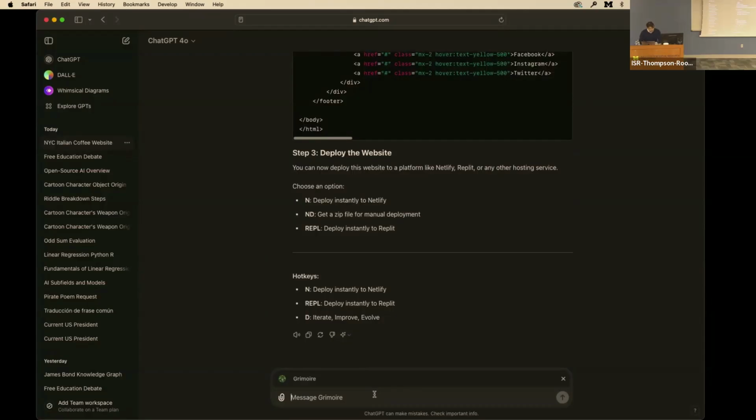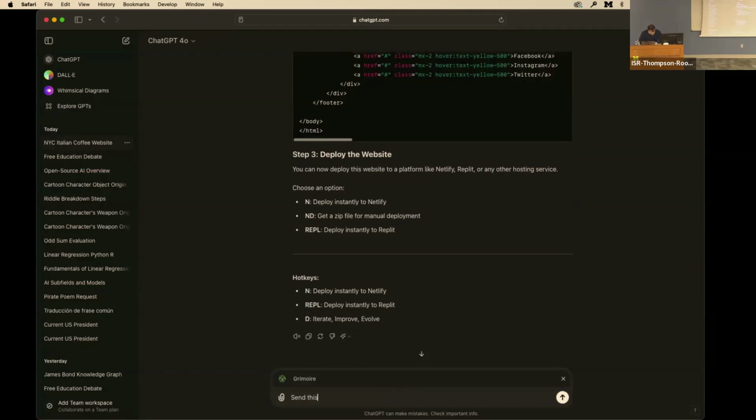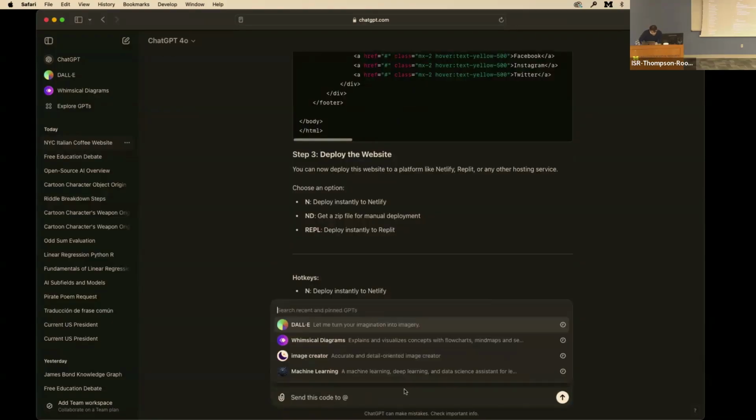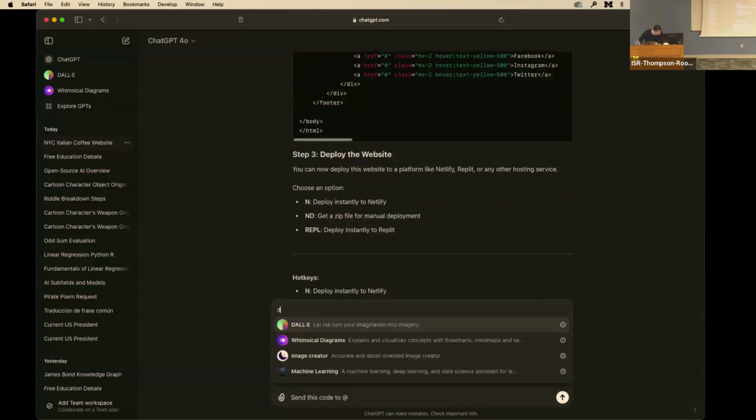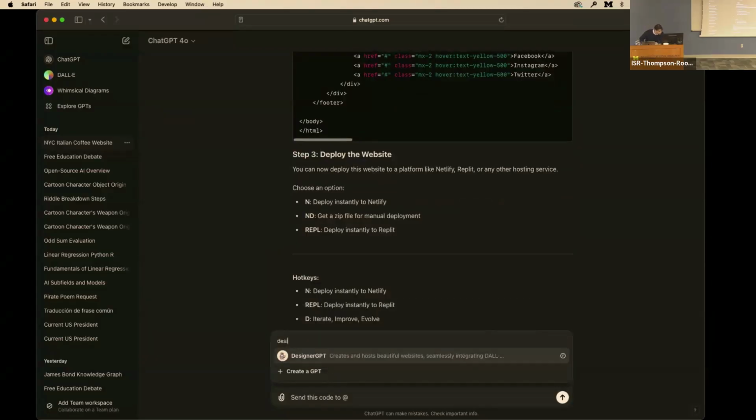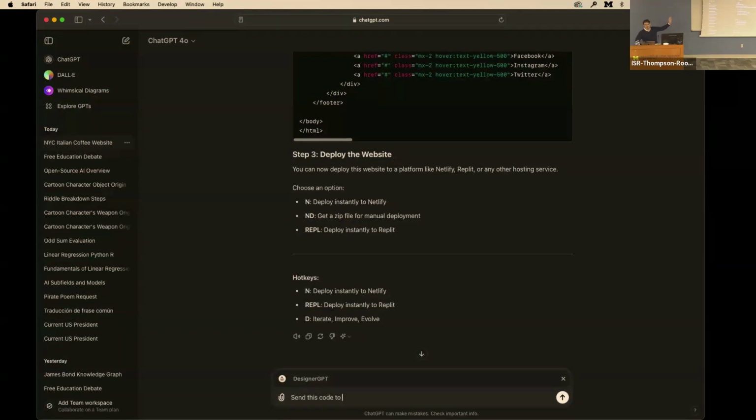So now we're going to say, send this code to Designer GPT. So what we're doing now is we're having our software engineer talk to our UX developer.